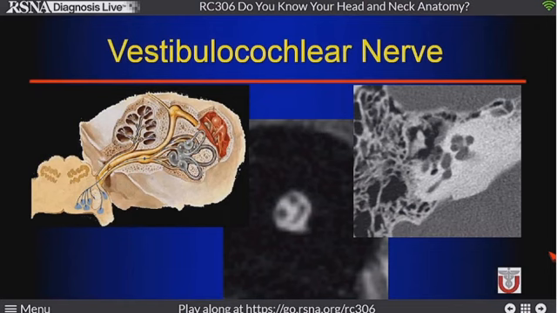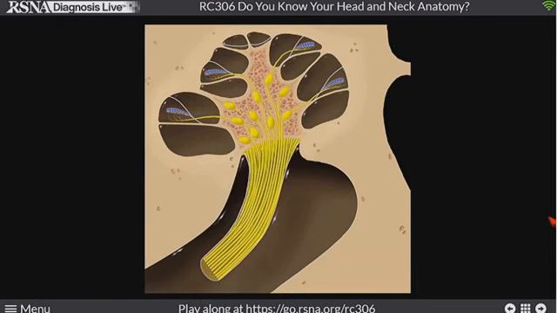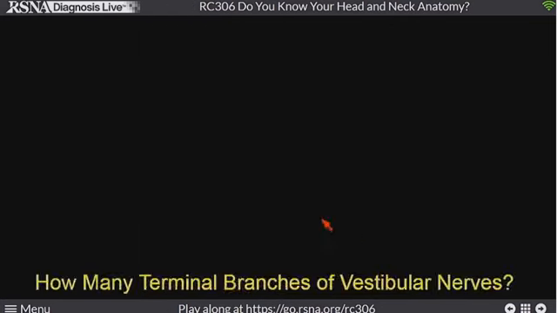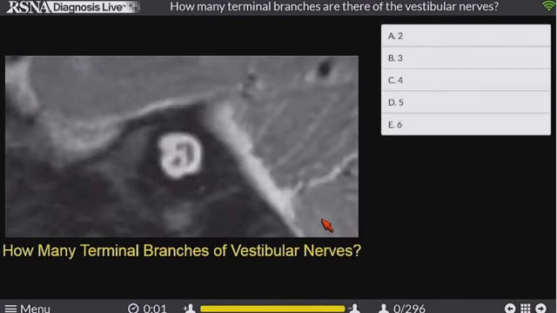So first is the 8th nerve, the vestibulocochlear nerve. Again, we have all these different chambers, scala vestibuli, scala media, scala tympani. That's where our organ of Corti is, with the 1 inner and 3 outer rows of hair cells. Those neurons go to the spiral ganglia that populate the modiolus, the bow tie in the middle of the cochlea. They coalesce together to form the cochlear nerve, and the cochlear nerve goes through the cochlear nerve canal into the internal auditory canal. So that's the cochlear nerve.